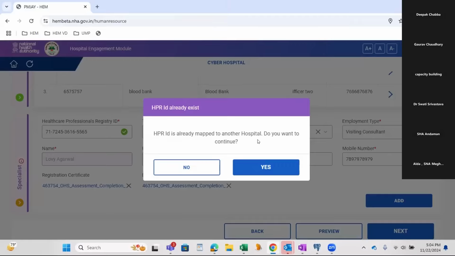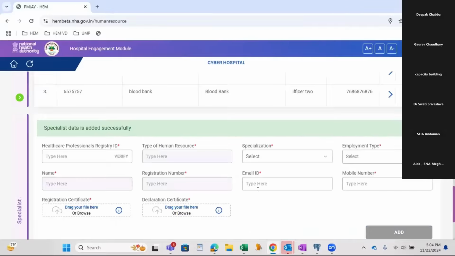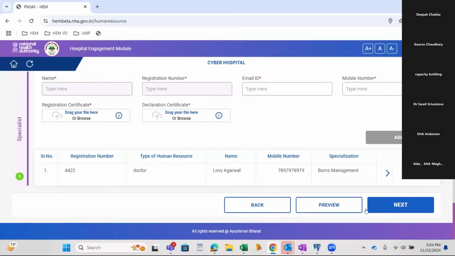Likewise, as I just said, if we are selecting a visiting consultant, this doctor is already mapped to one of the hospitals he is working in. So we are asking whether to allow him, yes or no. For now, I'm proceeding with yes. The specialist data is added successfully. So we have filled all the details in this section. Moving to the next tab.